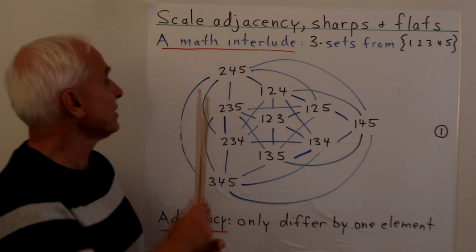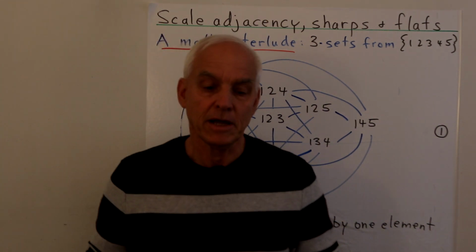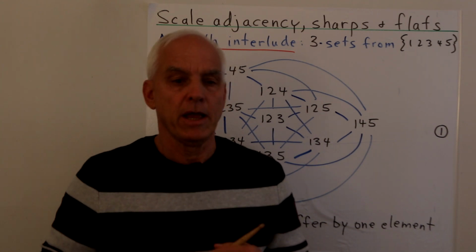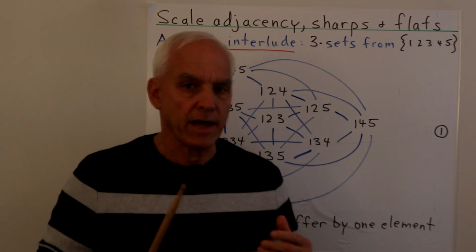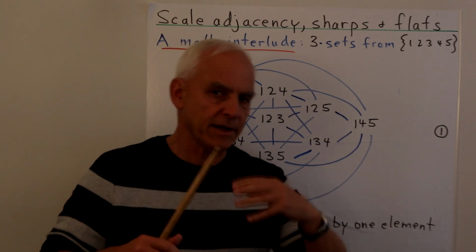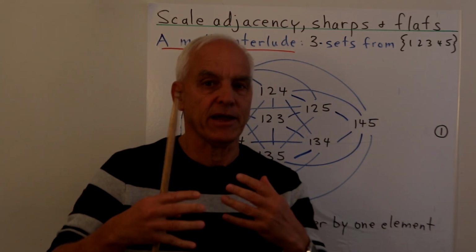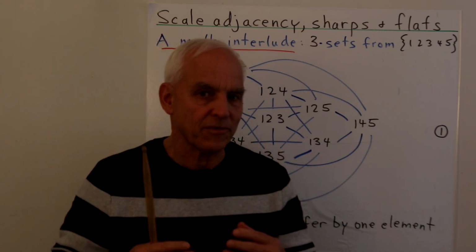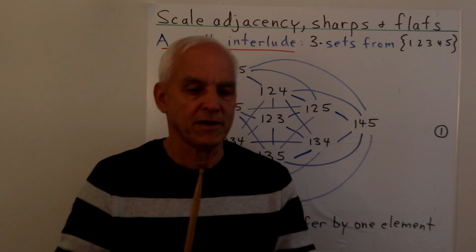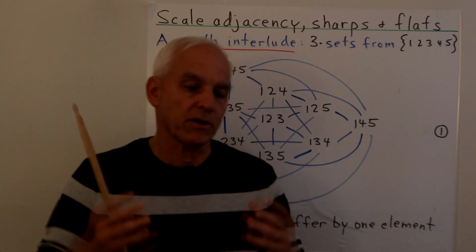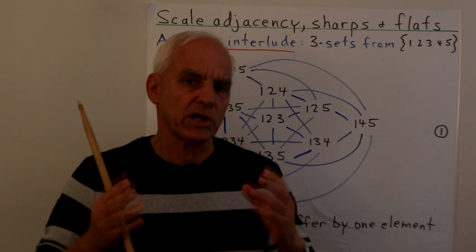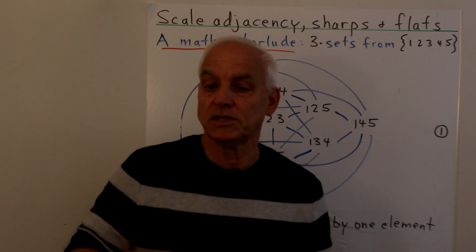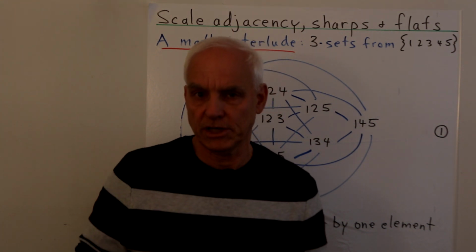Today's video is called Scale, Adjacency, Sharps and Flats. I'm moving towards the notational system that we use to represent music on a page. And to do that, I'm going to look at these scales and the connections between scales in a rather mathematical way today. And we're going to see the circle of fifths or fourths, or better yet, 5 steps and 7 steps appear again. And this connects very naturally with the standard conventions for sharps and flats to denote different key signatures found in modern music.